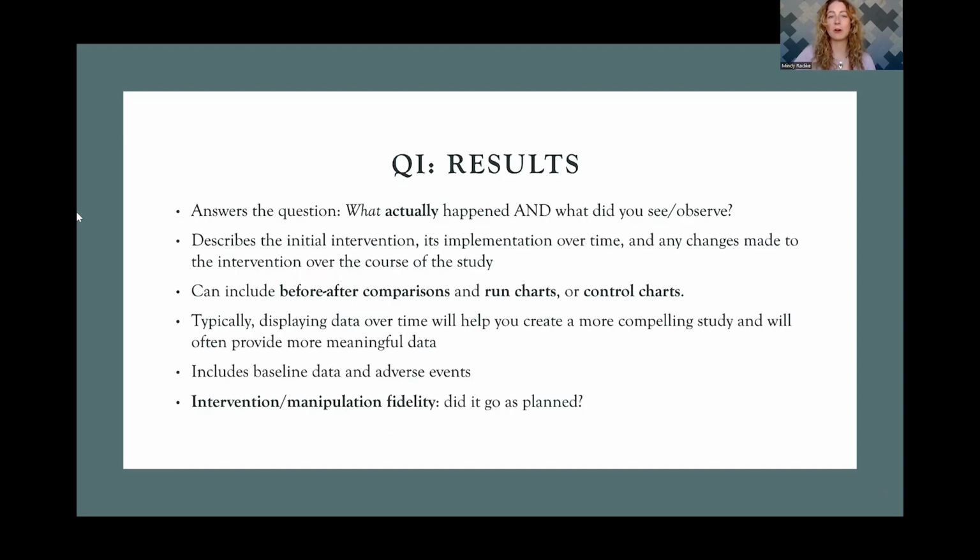All right, so now we were at the QI results section, or the R in IMRAD, and that's going to answer the question, what actually happened and what did you see or observe? It's going to describe the initial intervention, its implementation over time, and any changes made to the intervention over the course of the study. It can include before-after comparisons and run charts or control charts, which are going to show that data over time. Typically, displaying data over time will help you create a more compelling study and will often